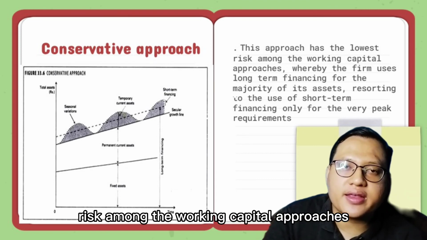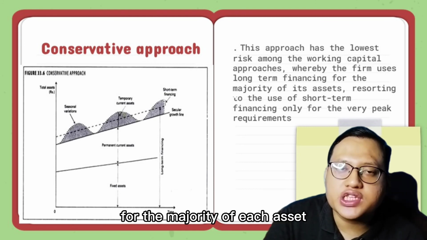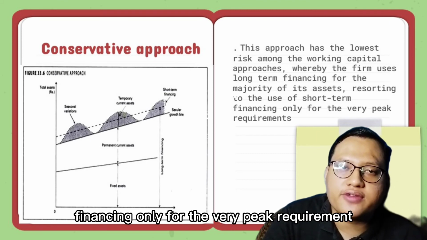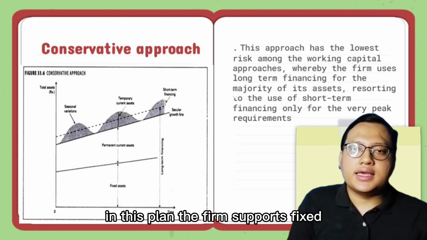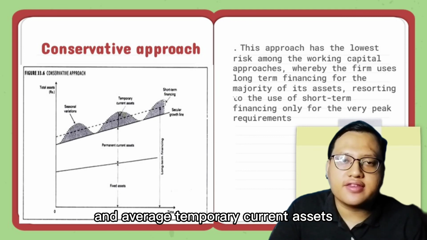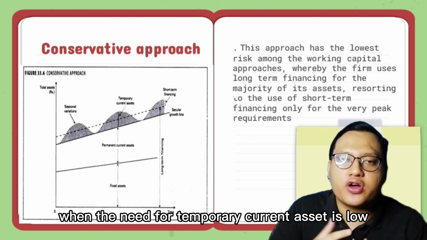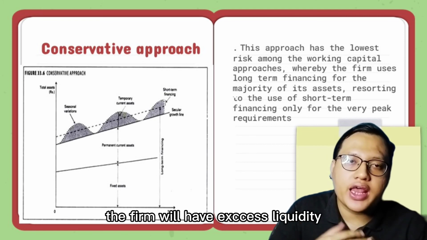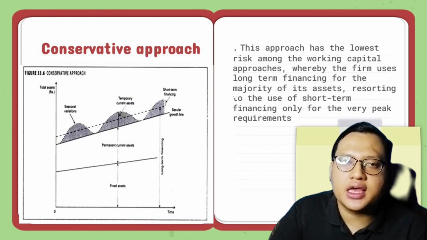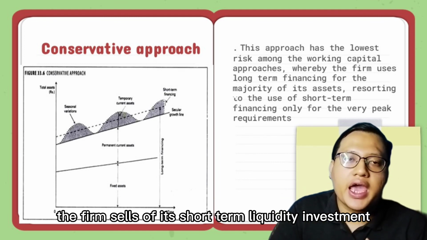This approach has the lowest risk among the working capital approaches, whereby the firm uses long-term financing for the majority of its assets, resorting to the use of short-term financing only for the very peak requirements. In this plan, the firm supports fixed, permanent current assets and average temporary current assets with long-term financing. Then, during slow periods when the need for temporary current assets is low, the firm will have excess liquidity and buys short-term securities. Alternatively, when the need for current assets is at peak, the firm sells off its short-term liquidity investment and borrows short-term if